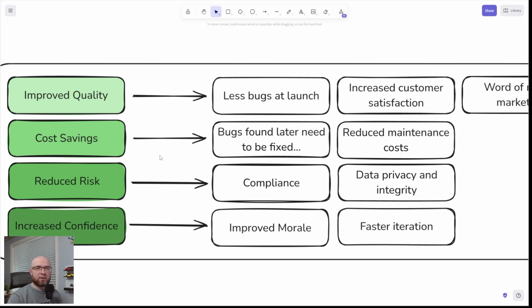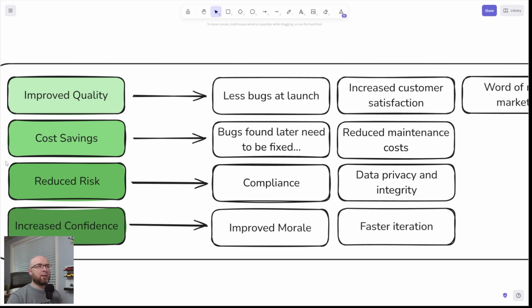Because if your tests are solid, you don't need much maintenance. You don't need to come back to that code, right? Because it's solid. So you do save money later on, just by putting in a little bit more effort up front. And trust me, the upfront effort will cost you less than effort later on.